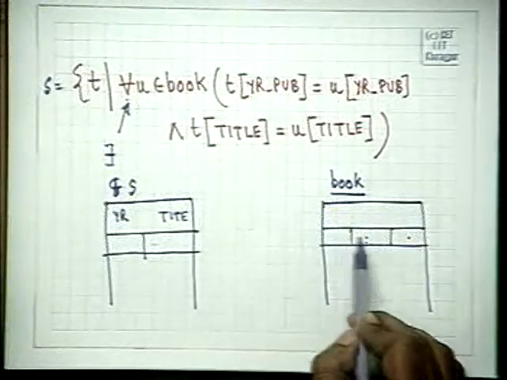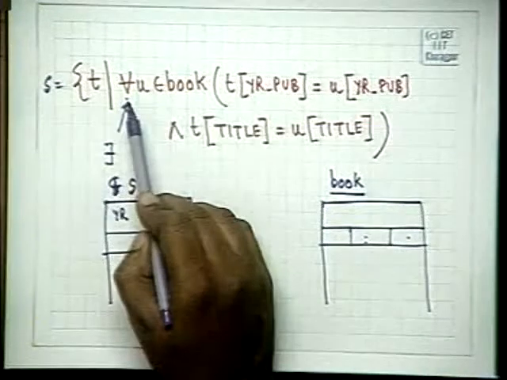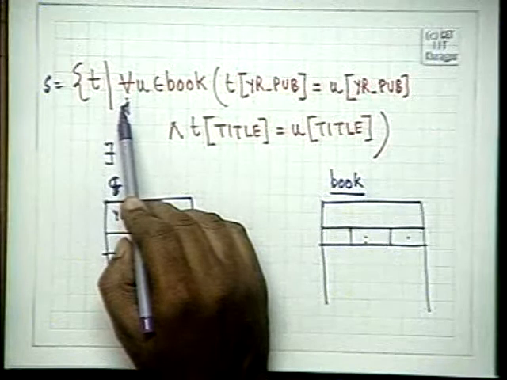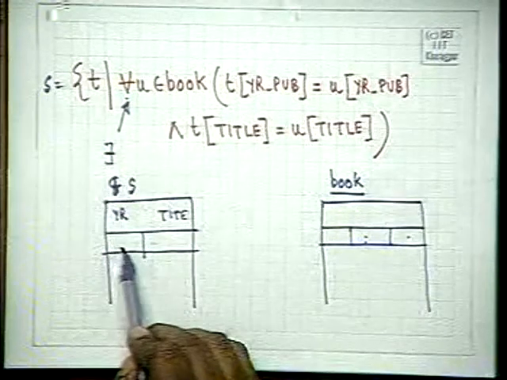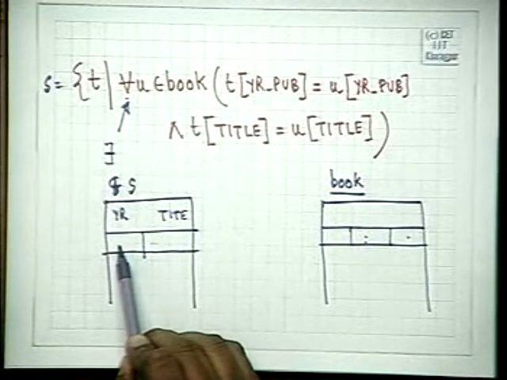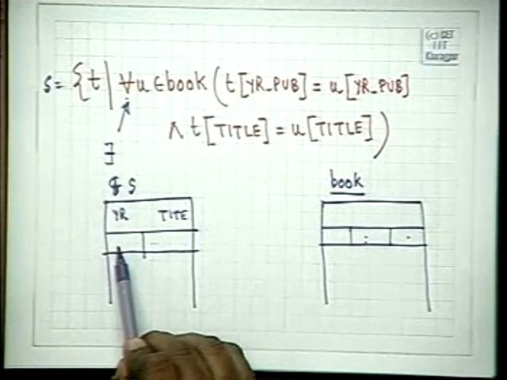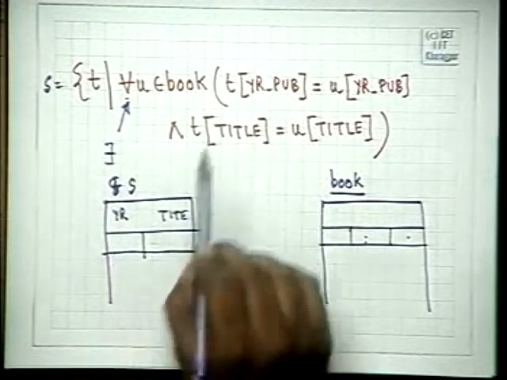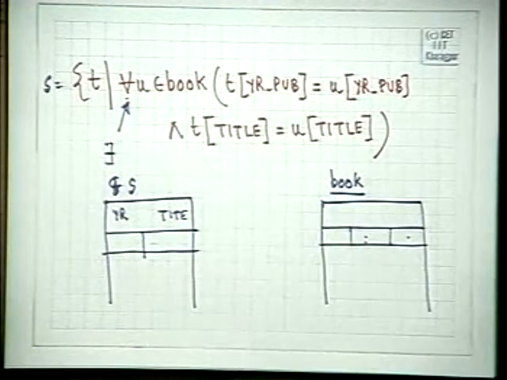It doesn't make much sense to write this query, but this is the meaning of this for all, and we will see how it makes some sense by just changing it a little. Yeah, this is similar to division. This is not division, but this is the meaning of for all.